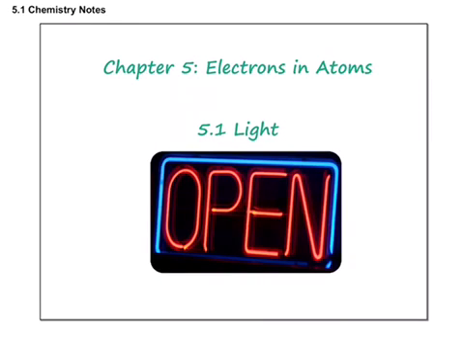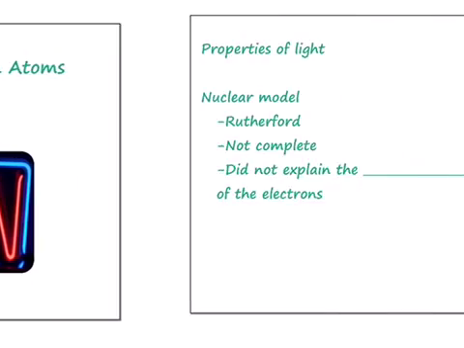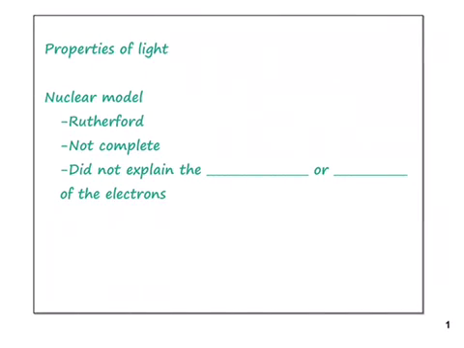Chapter 5 is all about electrons. But before we can talk about electrons, we have to do a little refresher on light. So with Rutherford's nuclear model, it wasn't complete. I mean, it was definitely better than J.J. Thomson's, but it didn't explain the location or the behavior of electrons. And so